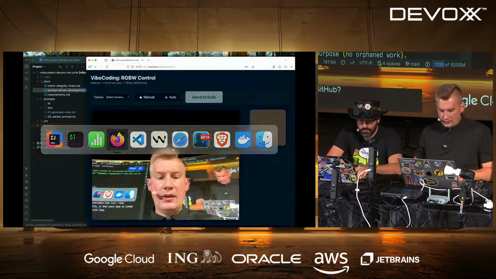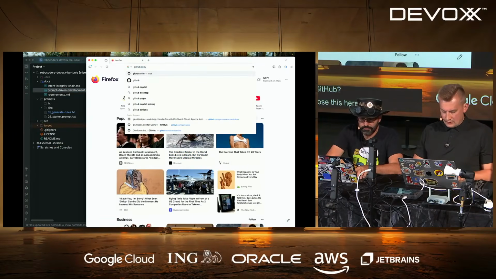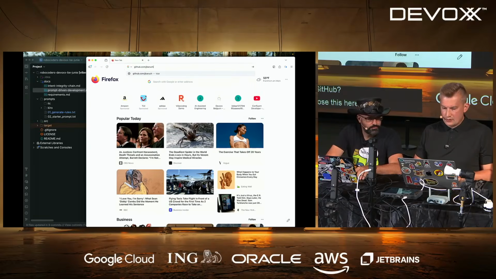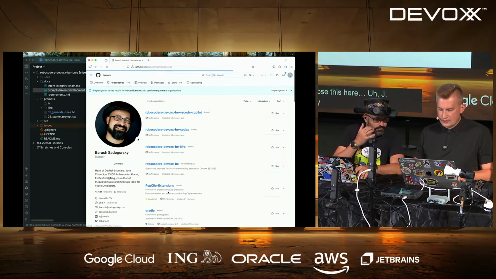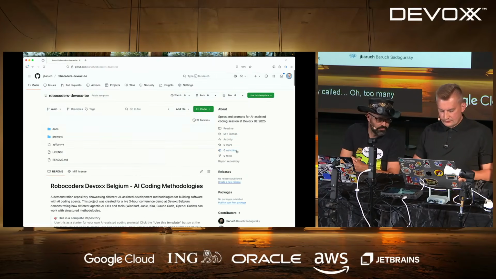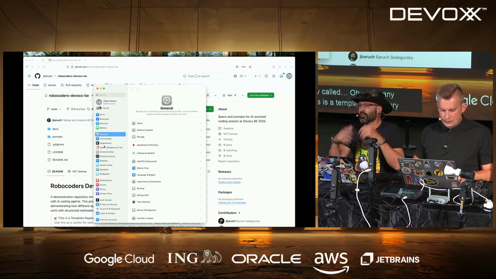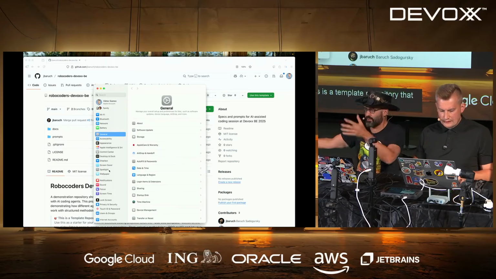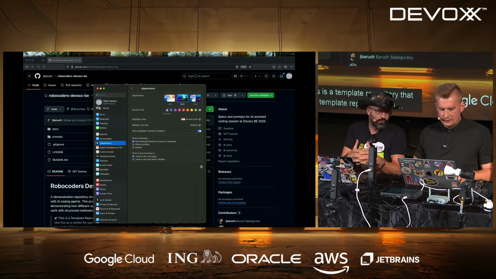Yes, if I go to J Baruch, we're going to go to the repository called too many repositories. This is a template repository that we create copies of for different tools. The template repository has exactly two things.